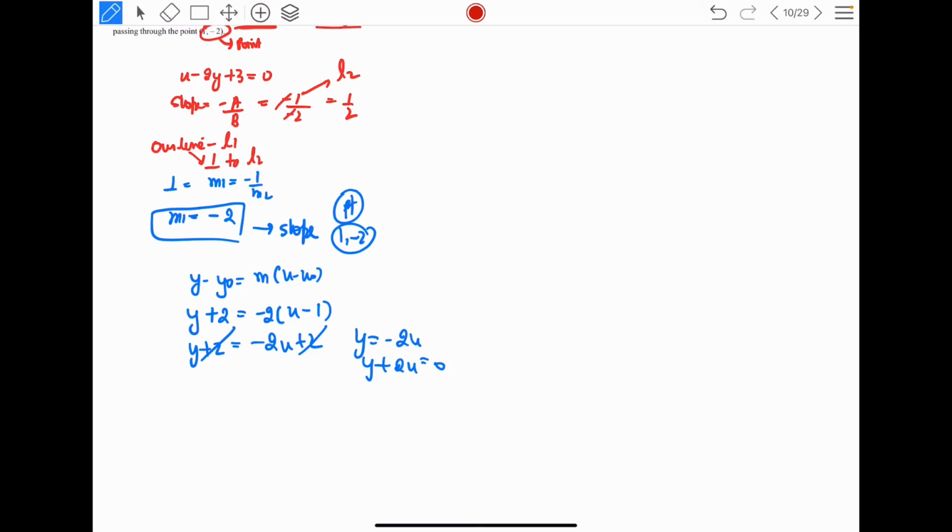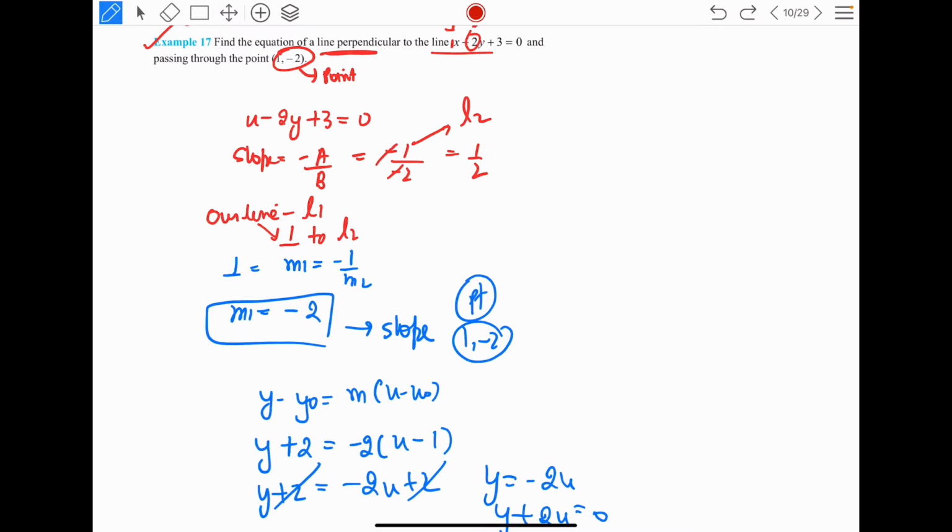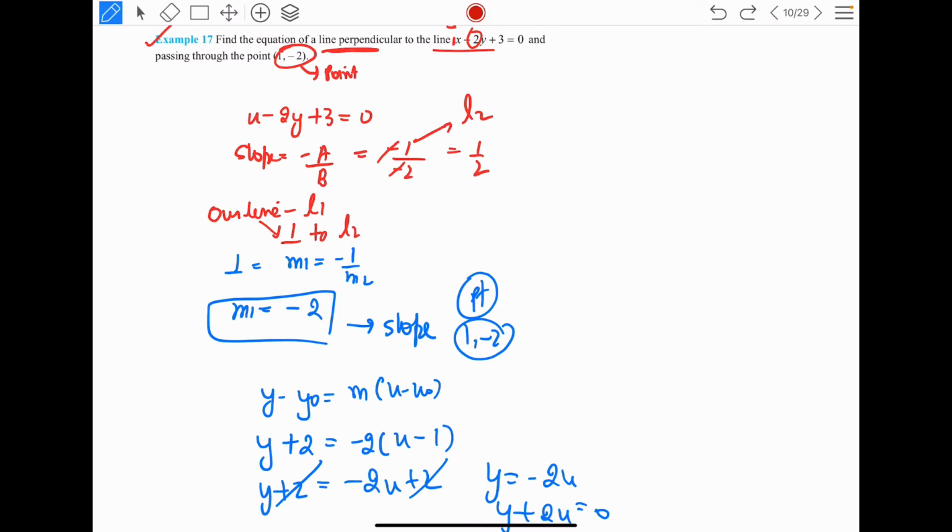So you can see the entire question. I'll zoom in a bit more so you can see it. Your answer to this question is y plus 2x is equal to 0. Try to understand, whenever I am given a point and I can find the slope using any condition given to me, it's not necessary that the slope will be given directly. I'll use my point slope form. Here a perpendicular line was given, and you already know if a perpendicular or parallel line is given, I can use m1 equal to m2 or m1 m2 equal to minus 1, and find the slope.